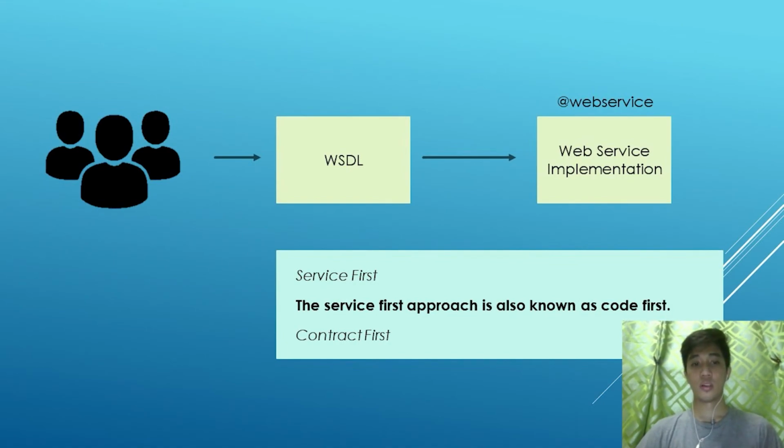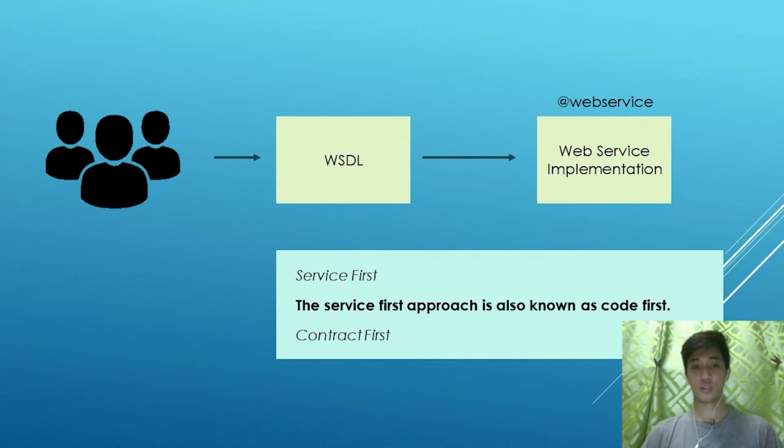So we should find ways on how we generate the web service implementation without having to modify the WSDL. This leads to what are traditionally two different ways in which we write the web service. The first way is called service first, and the second is contract first. Service first essentially means you write the service first and then generate the WSDL. This is what we're doing all along. The second approach is called contract first, in which we write the WSDL first, then we write the service implementation.